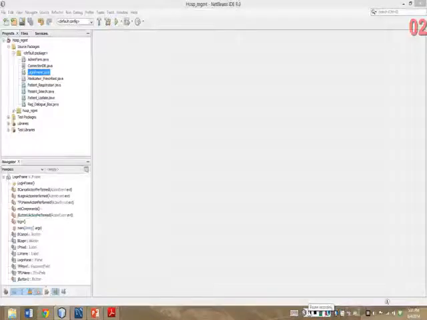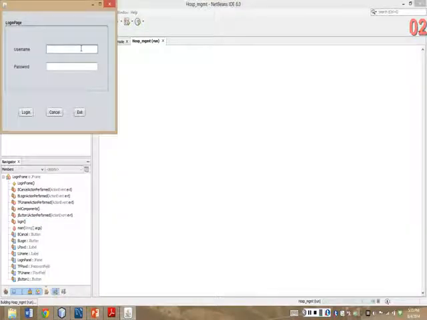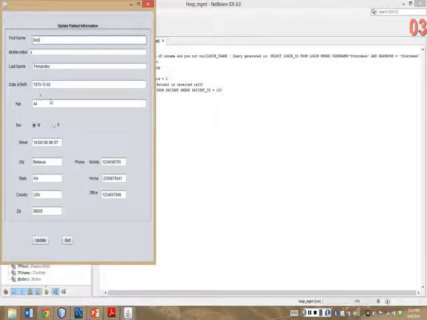Now that we have seen the system features, let's see the system demonstration in the perspective of three different users, such as the front desk user, the doctor, and an admin. This is our login screen. After we log in as a front desk user, we'll land up on a search page where we can search for an existing patient. Okay, now that we have logged in, say we enter a patient with ID of 100, and then we see the information for this existing patient.